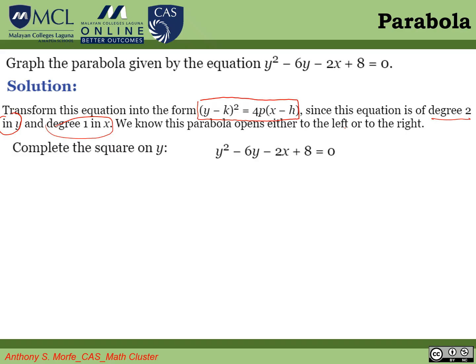So to solve this, we need to apply the process, class, which is what we call completing the square. It's just like what we did in our discussion about circle. So we also did completing the square there. Okay, so we have to combine the terms that contain the variable that has exponent equal to 2 or degree 2. Then put this together with the variable that contains also y, and then the rest you transpose to the other side.